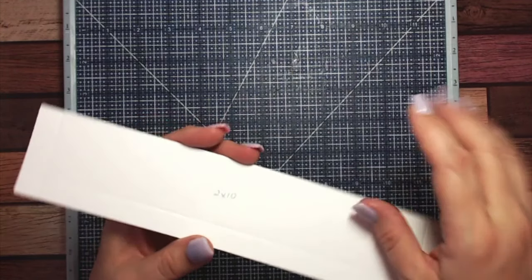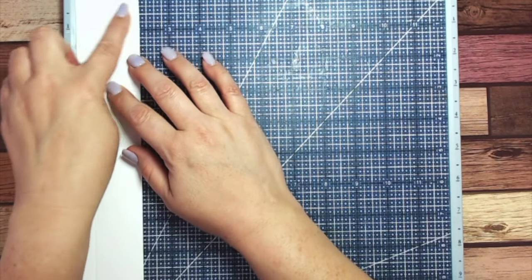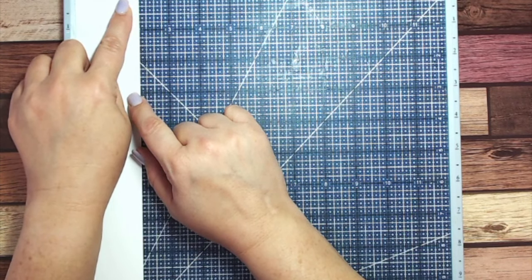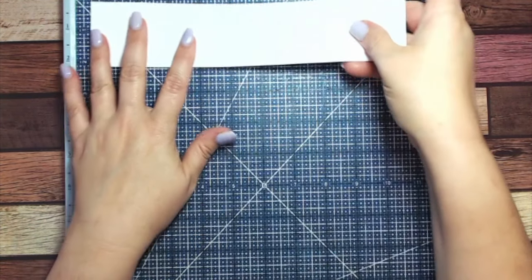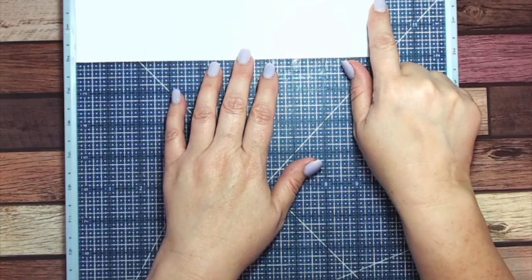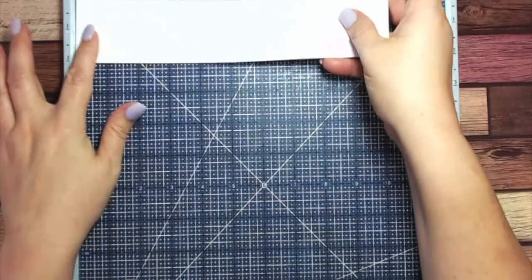Then you're going to put that in your scoreboard, with the 2-inch side in the top right corner. Score it 1/2 inch all the way down the whole length of the page. Then you're going to turn it, put the 10-inch side on the right, and score it 1/2 inch, and turn it again and score it